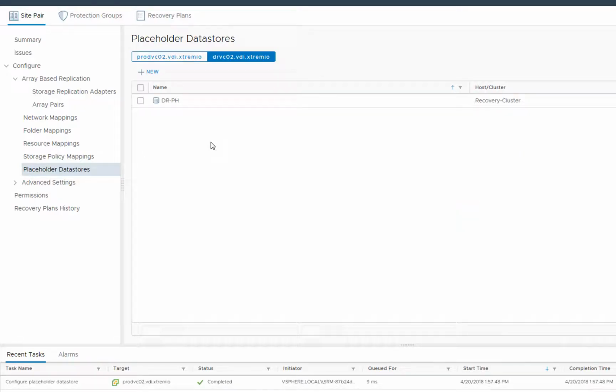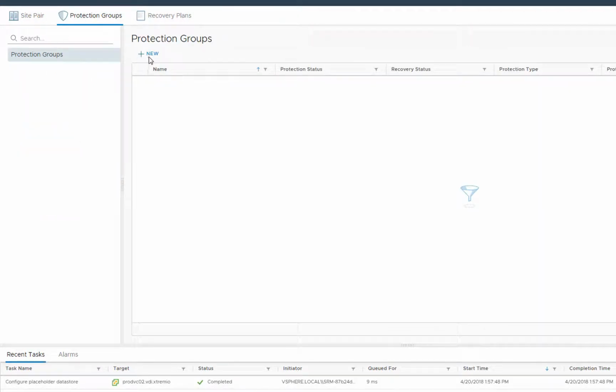This is where SRM will know that, for example, you change the memory or the CPU or the network mapping on the source site, and it will know to map them to the remote site resources when you perform a test or a failover. So now let's go ahead and actually go to the protection group and create an SRM